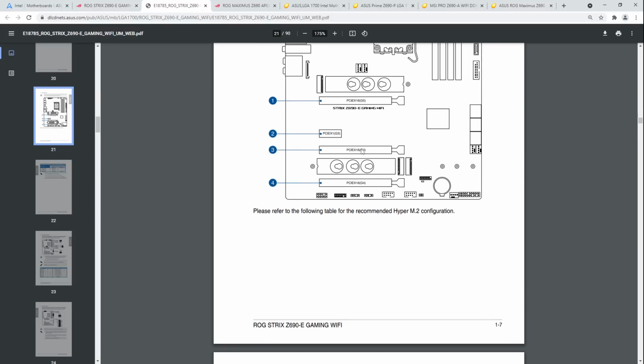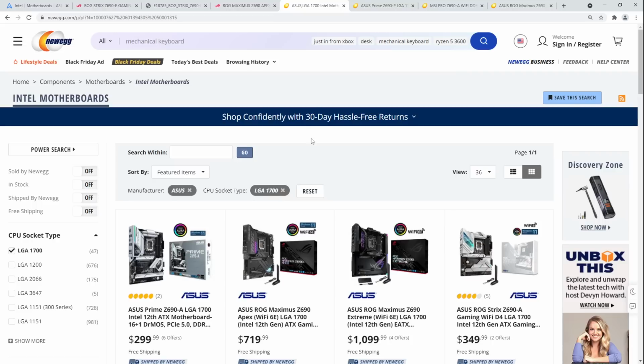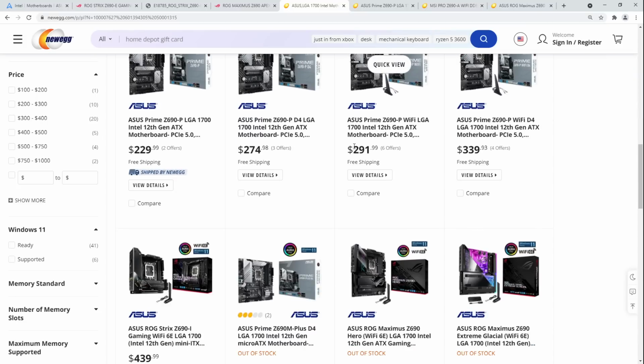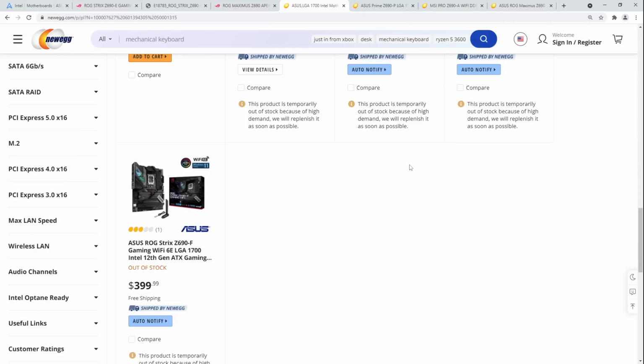So yeah, you get, see this? You get Gen 5 X16, then you get Gen 3 and Gen 4. You don't get dual X8. And this is a $470 motherboard, if I remember correctly. This is the same price as a Z690 Master. Now, admittedly, the Master also doesn't give you dual X8, and it is something I'm kind of annoyed about with the Master, but at the same price range, you can